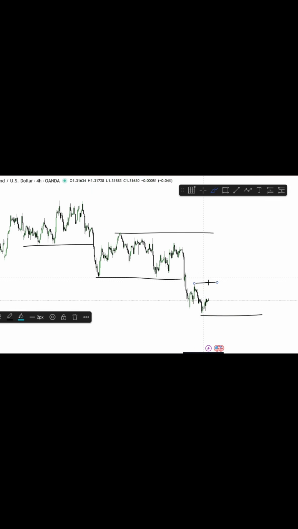Now this high becomes liquidity for me because I consider this one overall impulse. So if we were to see a liquidation of that,